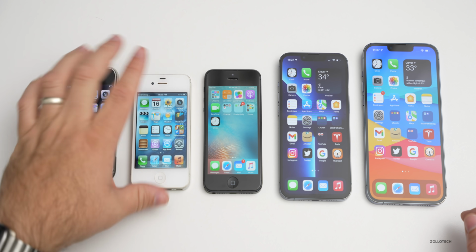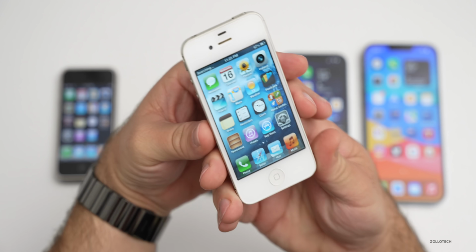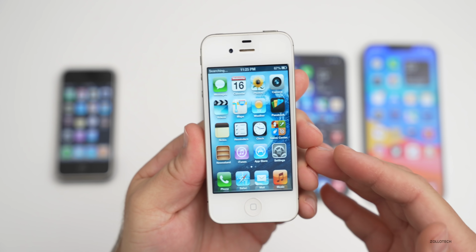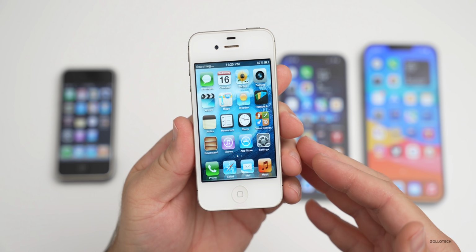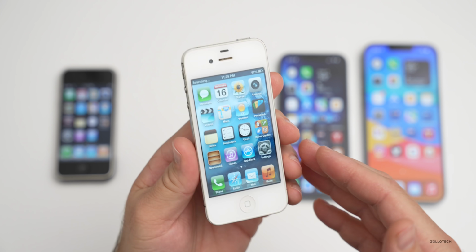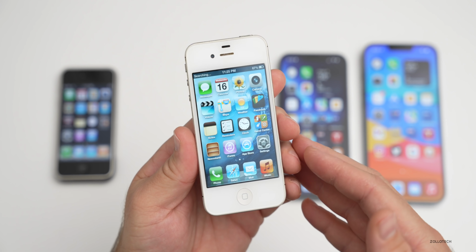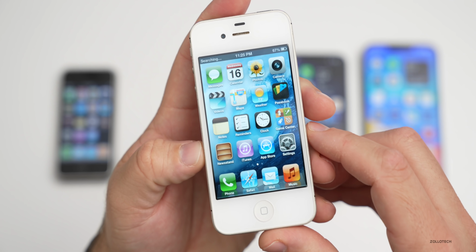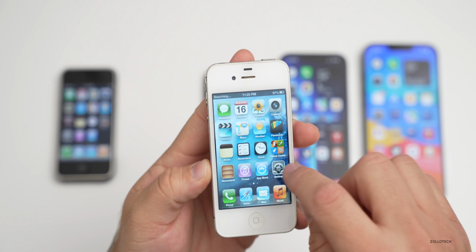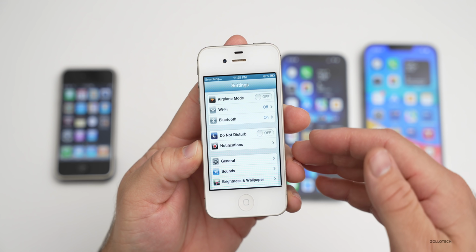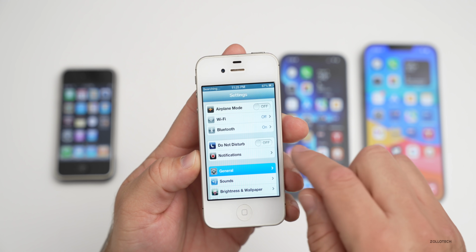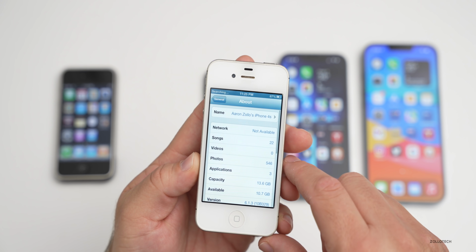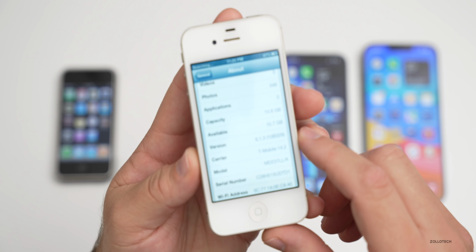As we moved on to an iPhone 4 and 4S, we had a little bit different complexity. While not much changed as far as the overall software, the hardware was becoming better and better. And with the software, again, we still have things like Newsstand, but it's a shelf, so you would expect something like that, and again with that skeuomorphic design. If we go into maybe settings here, you can see this is the last version of iOS that we can use,